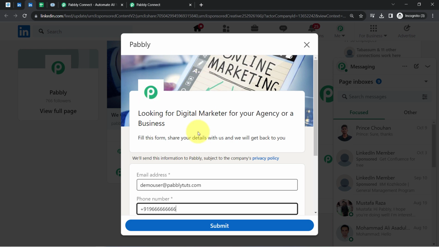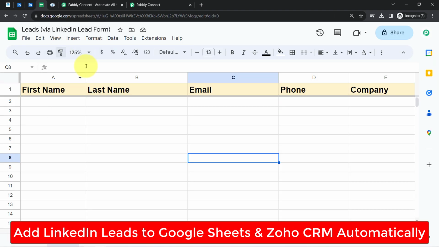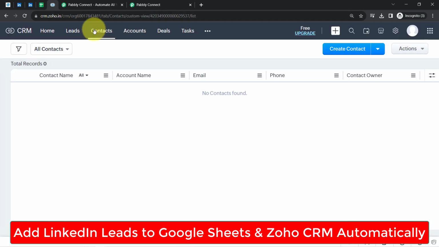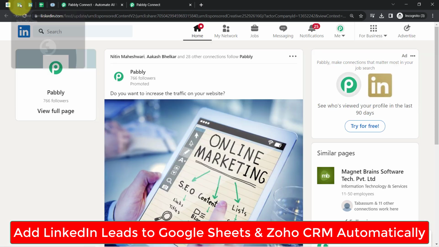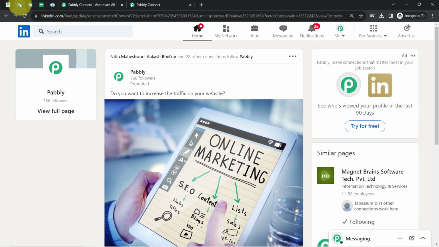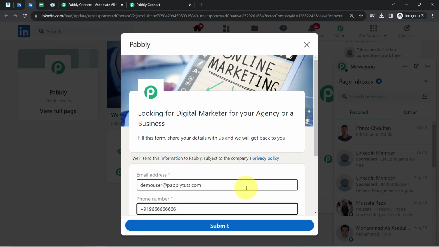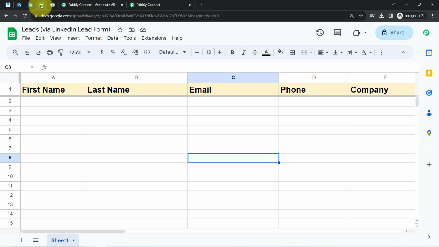Today I will show you how to add your LinkedIn leads to Google Sheets automatically and how the same lead can be created as a contact in Zoho CRM automatically. So assume that I'm running some company, and in order to generate the leads for this company, I'm running ads on LinkedIn, for which I have also created this LinkedIn lead generation form. And whenever someone submits this form, I will show you how to automatically collect those details in Google Sheets